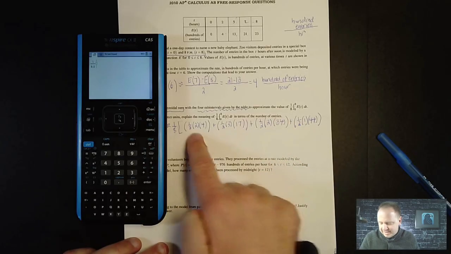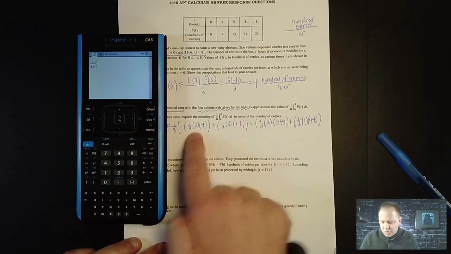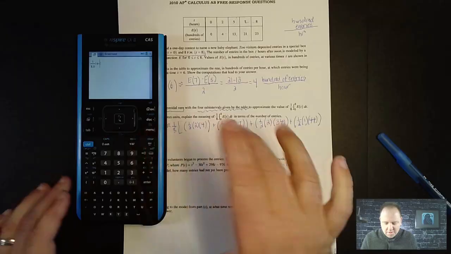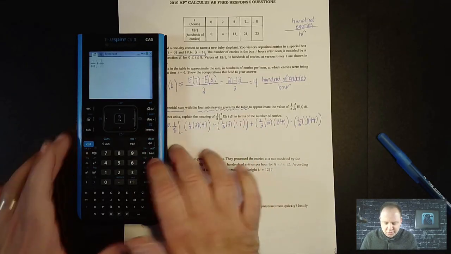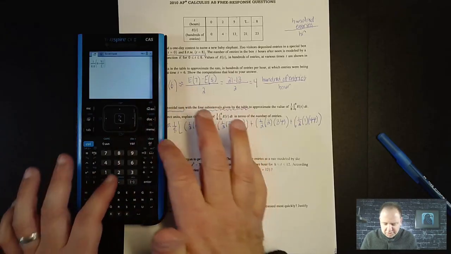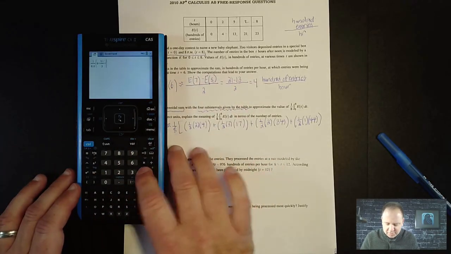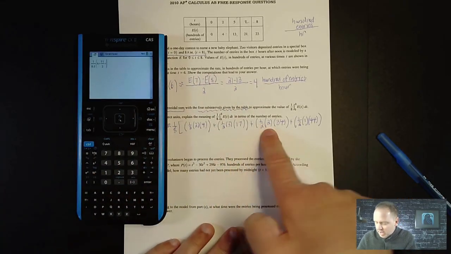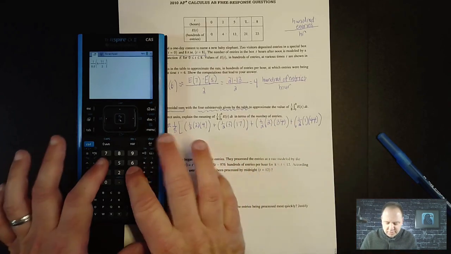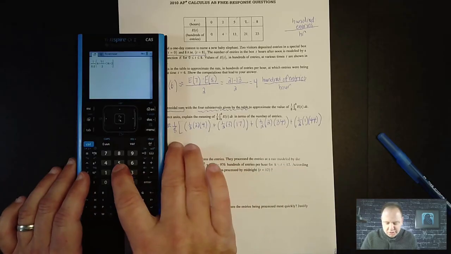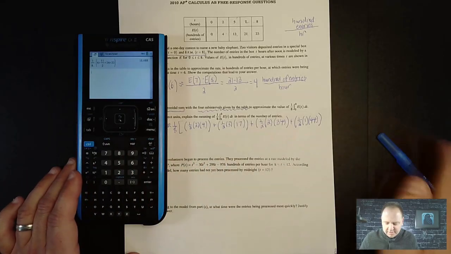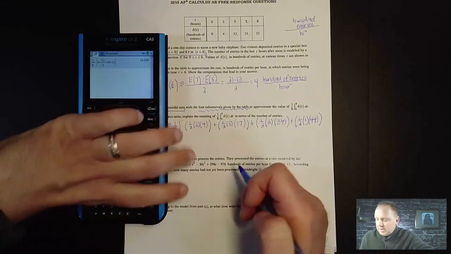I can do this in my head. Half of 2 is 1 times 4 is 4. Plus, this becomes 51 over 2. Control divide, 51 over 2. So I can save myself a little bit of key entry. Half of 2 is 1 times 34 is 34. And then half of 44 is 22. Just do a double check. And then that gives me